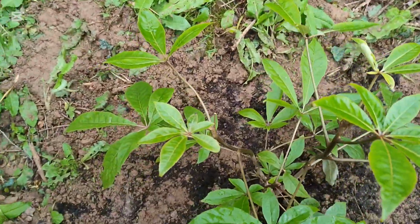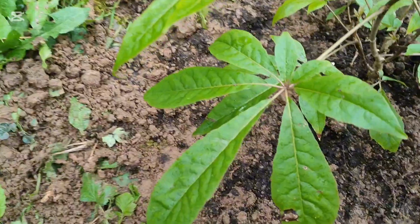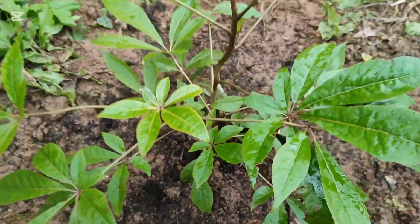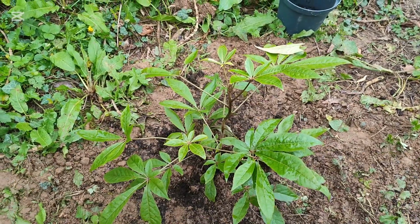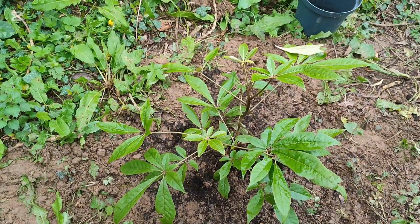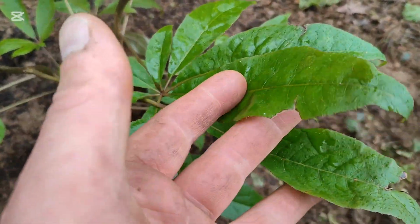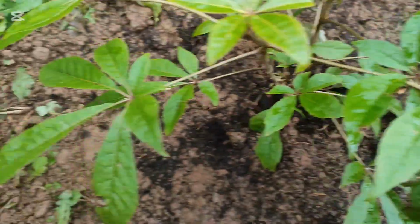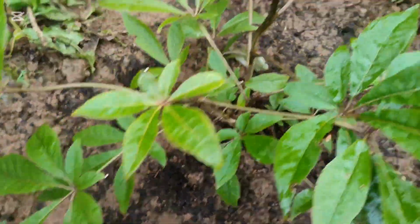and I put in the Schefflera digitata. This is the New Zealand Schefflera. They're not as hardy as the Chinese Asian Schefflera, which most people would be used to. The leaves are a lot lighter. They're actually very light, but you can see the shape is very, very similar. Grows into a tree,